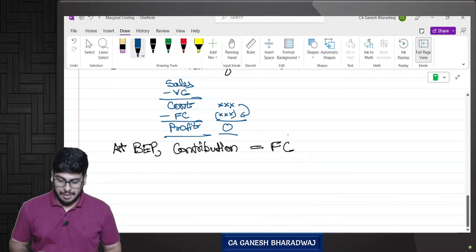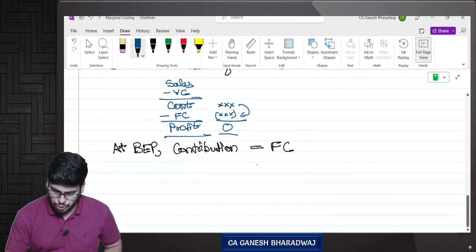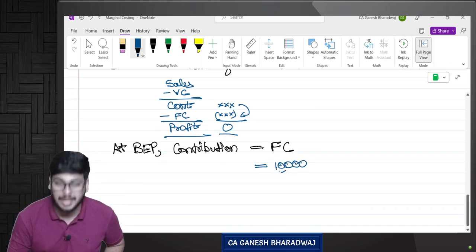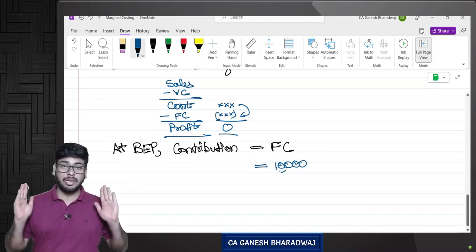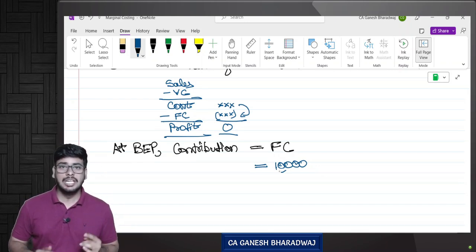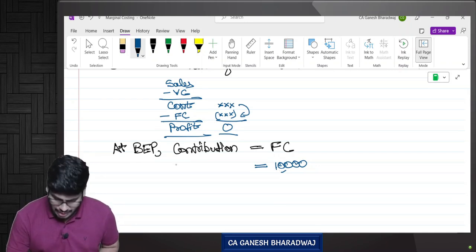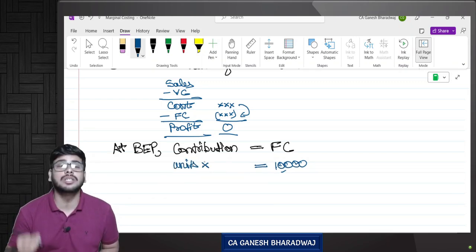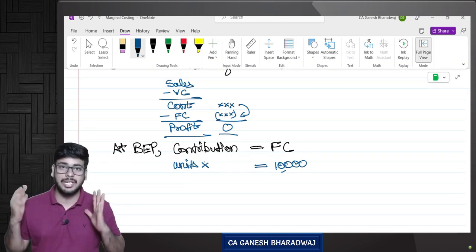So now what we are saying is, our contribution should be exactly how much? 10,000 rupees. I am just taking our example, right? So we should earn a contribution that should exactly be equal to 10,000 rupees. Yes. So now we should sell how many units? How many units should we sell to earn this 10,000 rupees is what we need to calculate,